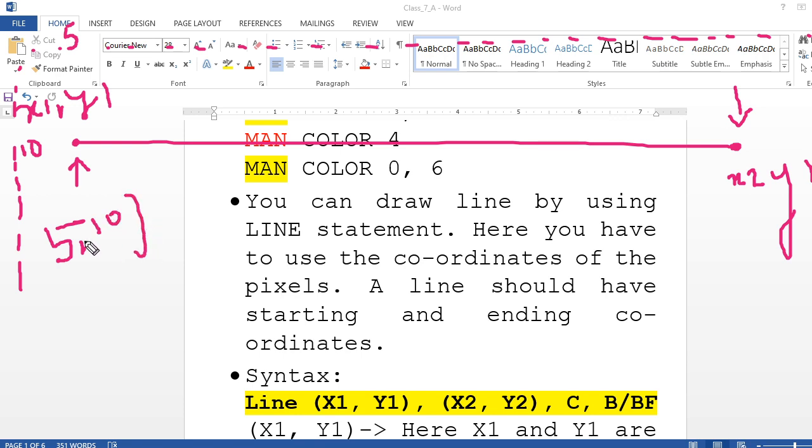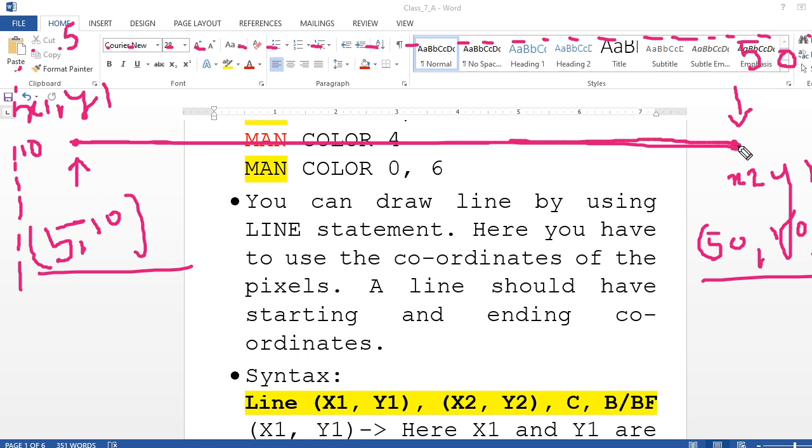So your line will start from 5 and 10 and it will go till here. Let's suppose this one is coming 50, and this 10 remains the same. So x2 y2 will become 50 and then 10. Done? So from the starting here the line will start and here the line is going to end.